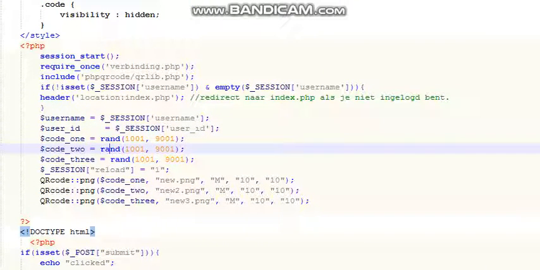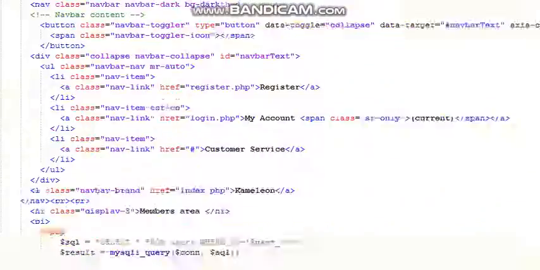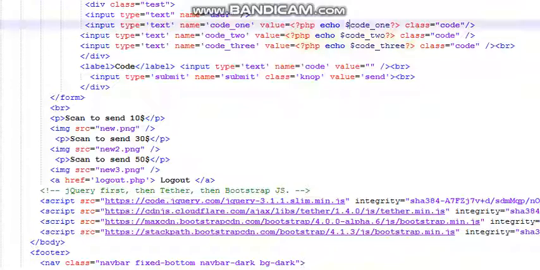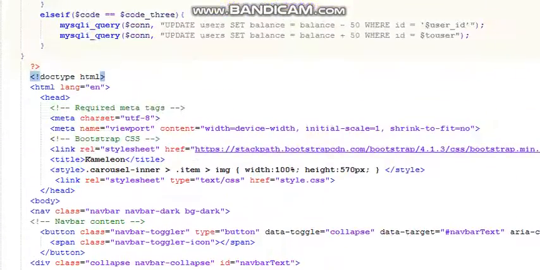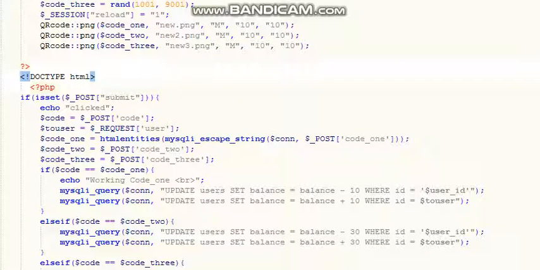The random number assigns a number to the code 1 variable. The code 1 variable below is treated as a form to be compared with the user input, or else you can't. So we are saying if $code is equal. Remember, I use two equal signs because if I put three equal signs, it will also look